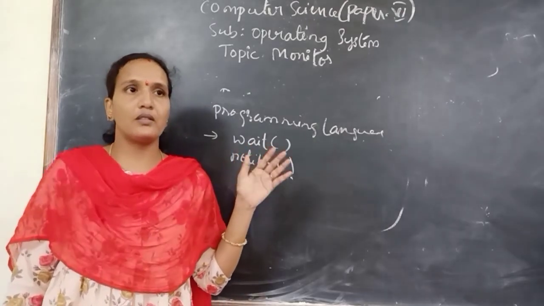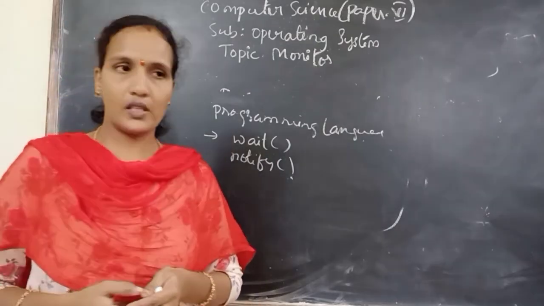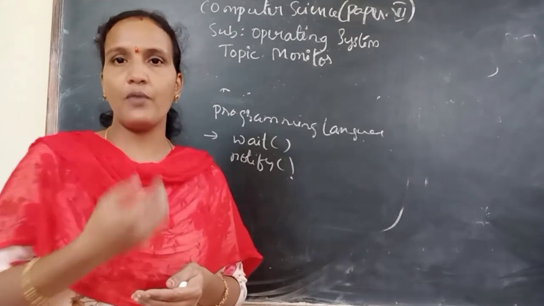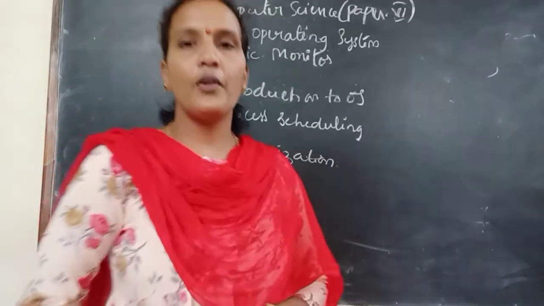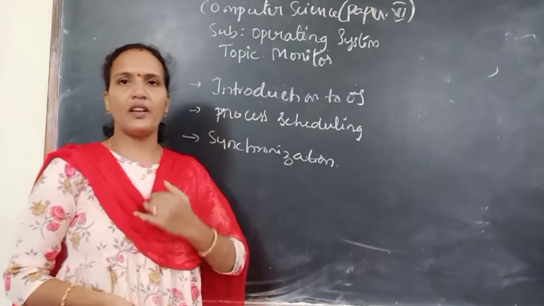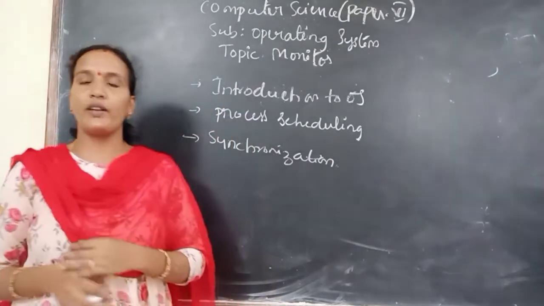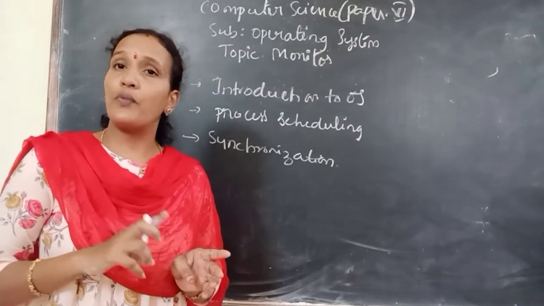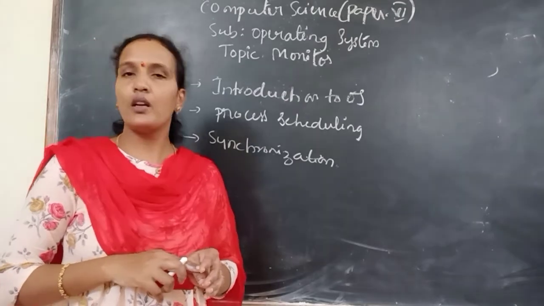Now I will revise completely, means I will summarize here the first unit, from the starting to the ending. Okay, now here I will summarize the first unit. Okay, in the first unit we have different chapters. The first chapter is an introduction to OS. In that chapter I have already explained what is the operating system, functions of the operating system, and computing environments.